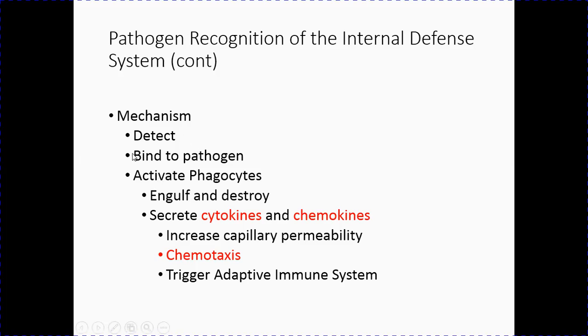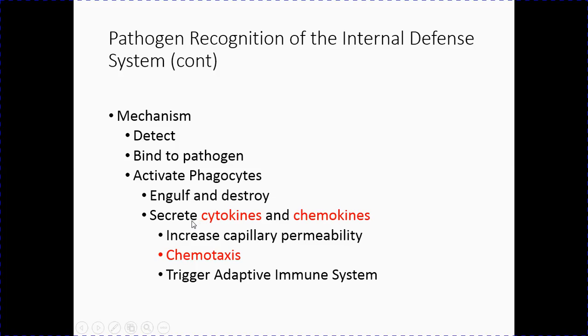The phagocytic cell then binds to the pathogen, and it's that binding that activates the phagocytic process afterwards. Phagocytes are then activated. It's going to trigger the steps of phagocytosis, which include engulfing and destroying the pathogen,